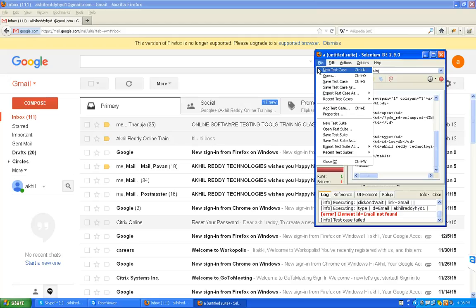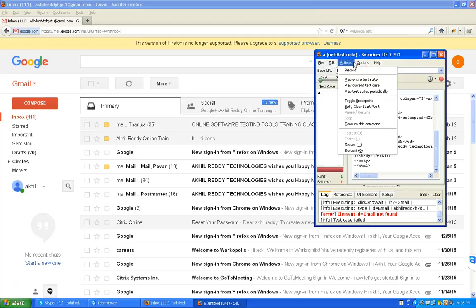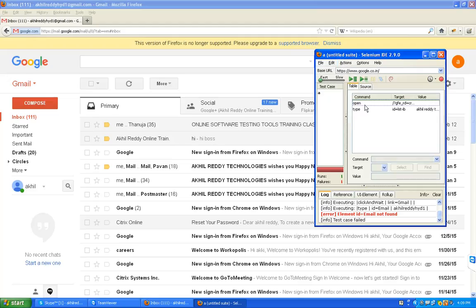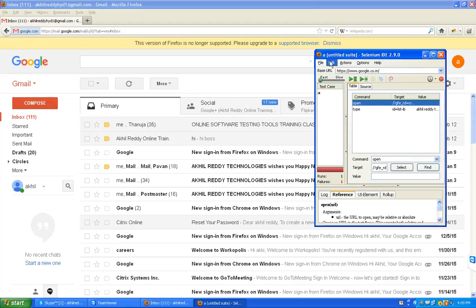And for test suites also: new test suite, open test suite, save test suite as, export test suite, recent test suites. Edit: we can insert commands and comments also. If you want to insert any comment, go to Edit, insert new comment.